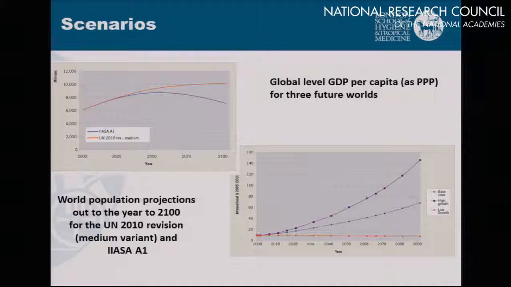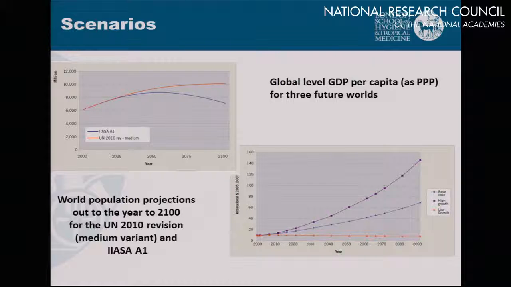We also did one population projection, which is a UN one. So that's the top left corner, the red one. It's about 9 billion by mid-century. We are estimating absolute burdens from climate change, and of course that is hugely dependent on the population. So we stuck to a single population to avoid confusion, because if you produced multiple estimates using different populations, that would be driving your population burdens, basically.